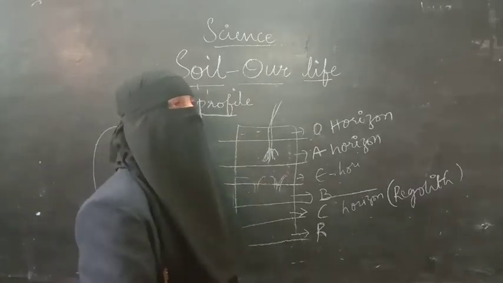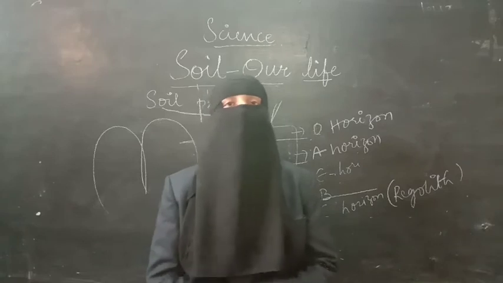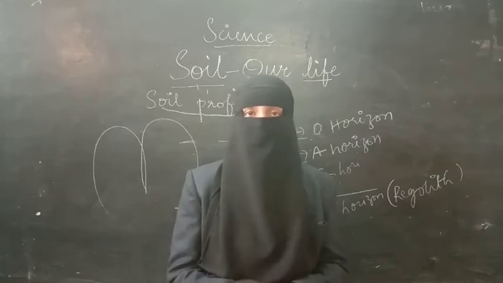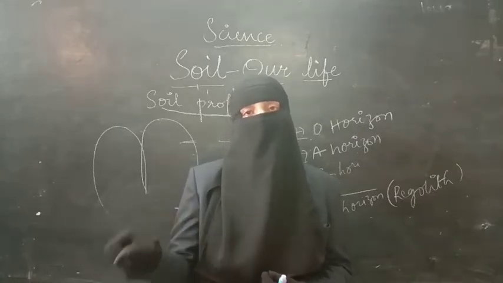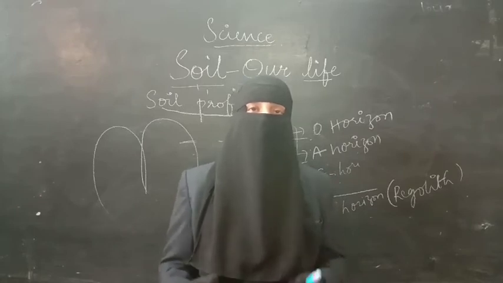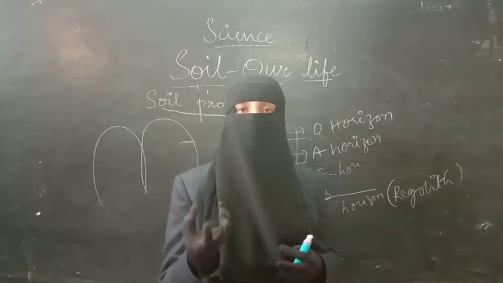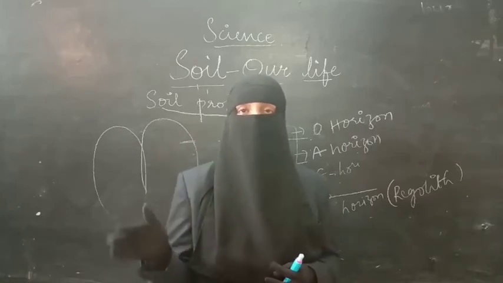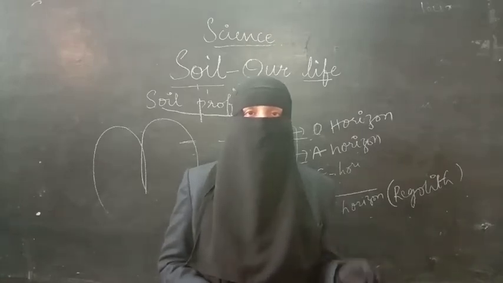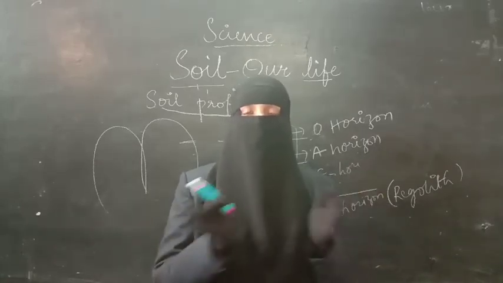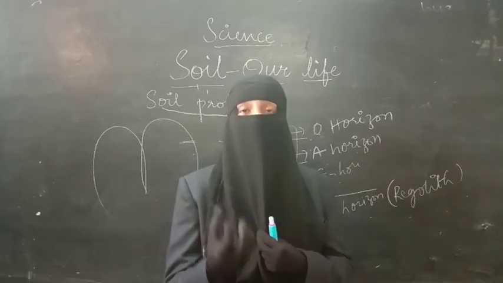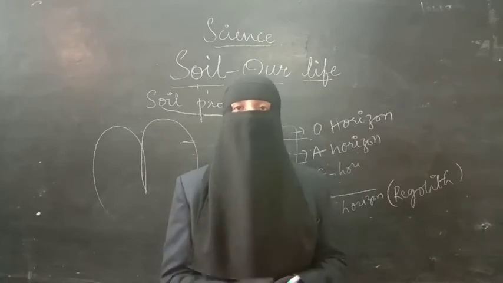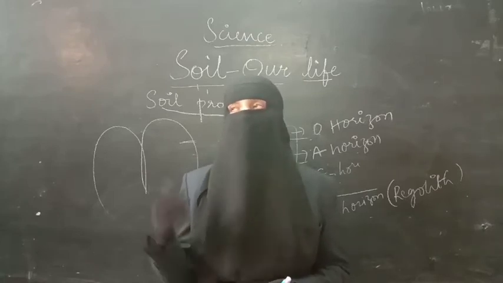And the next one here is, we have discussed the percolation rate and the retention rate of soil. So we know that clay soil has more retention than other soils, and sandy soil has more percolation than other soils. That means sandy soil cannot hold water for more time. More water can be passed through the soil particles. That is what high percolation rate is. Whereas in clay, as they are very small particles, they are bound together very closely, so they can hold water for more time. So farmers will get to know the percolation rate, and they will decide what kind of soil is suitable for what kind of plant.